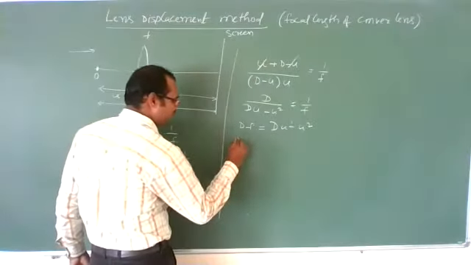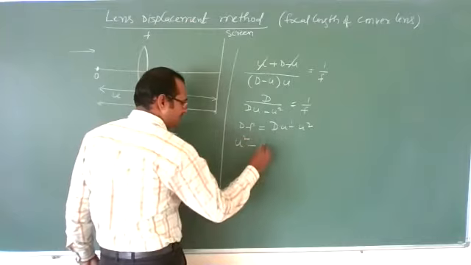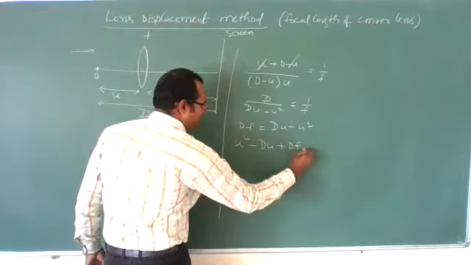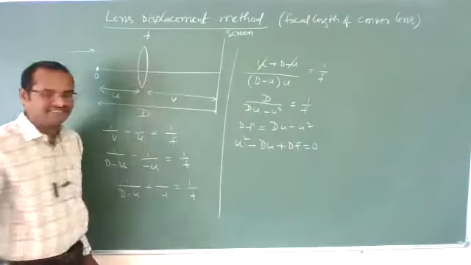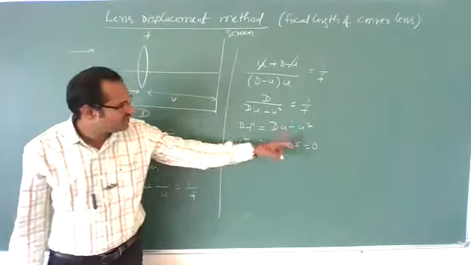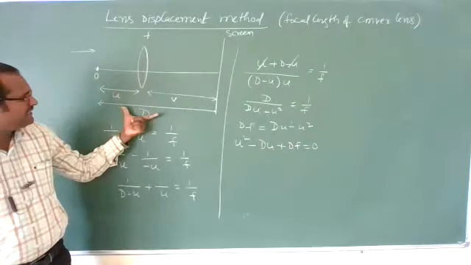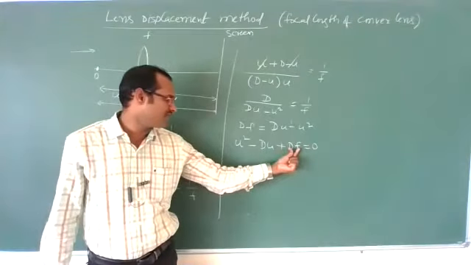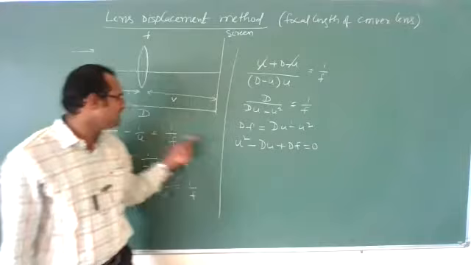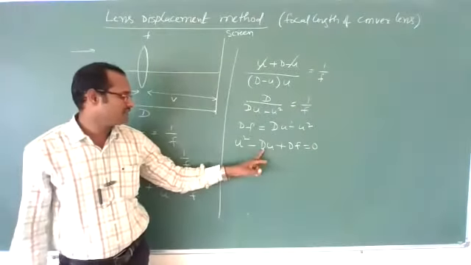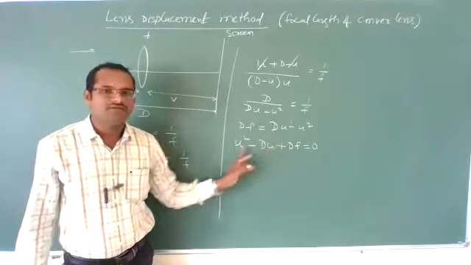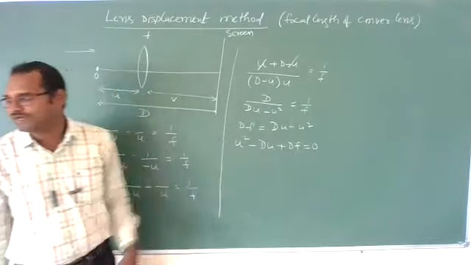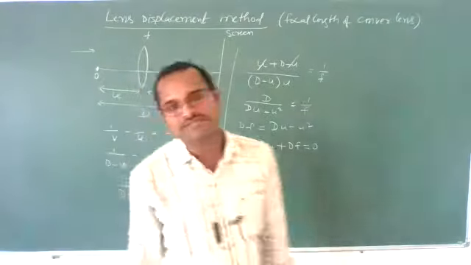Can we write this like this? u square minus D into u plus Df is equal to 0. Can we write like this? Yes. The focal length of a lens is a constant, a fixed value per lens. And the distance between the object and the screen, we have fixed it, D is also constant. So this total term is a constant term. u is a variable, let us imagine if we are changing. This is constant, so it is in the form of ax square plus bx plus c is equal to 0. Okay, a quadratic equation. Then it will have two roots.